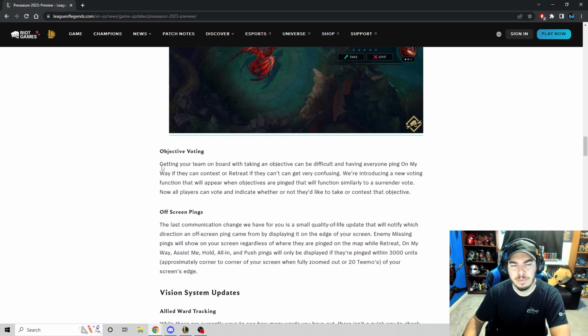Objective voting. I don't know how effective this will be, but let's take a look at it. Getting your team on board with taking the objective could be difficult, and having everyone ping on my way if they contest or retreat can get very confusing. I agree, especially when one person is spam pinging on my way. You don't know if that's everybody pinging and that they're on the same page,